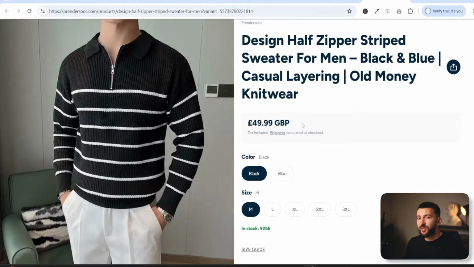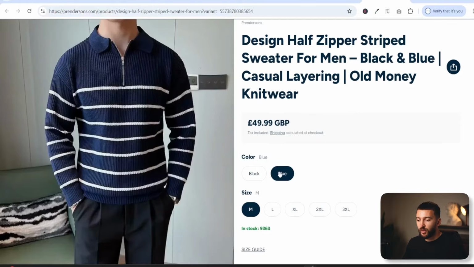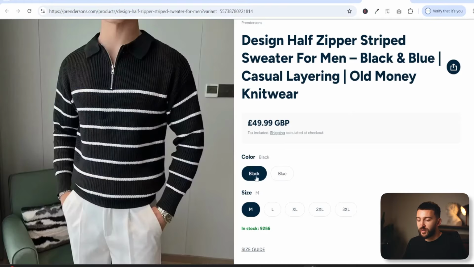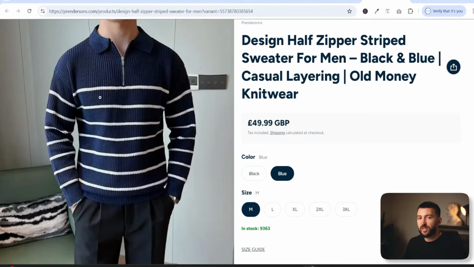And with your product pages as well, make sure everything looks good and it's neat and it is correct. So make sure, for example, the colors for the products are correct. So we have black and we have blue. So these are the correct colors. So don't have black and green, but the image is a blue product, because again, Google can suspend you for